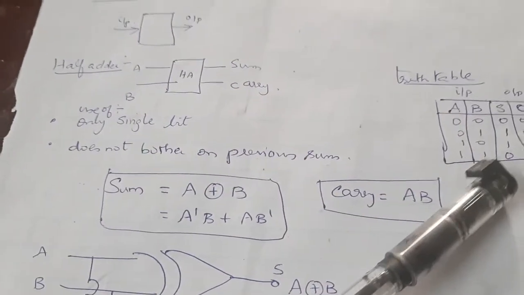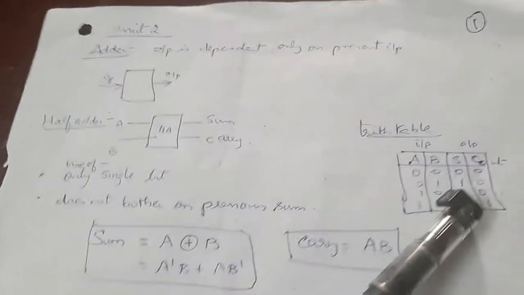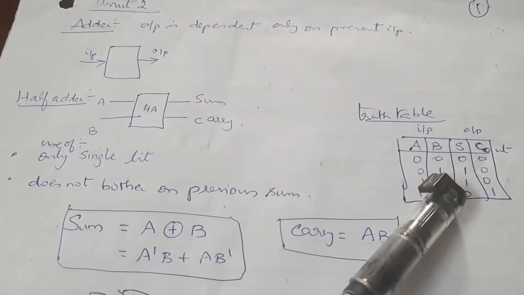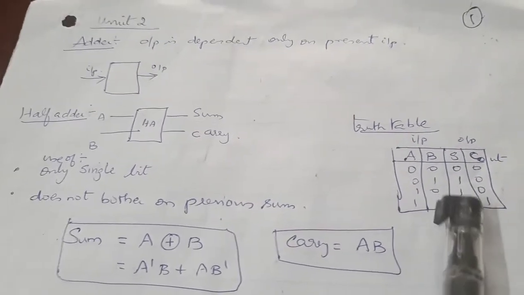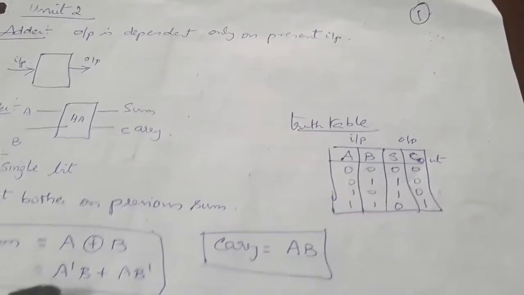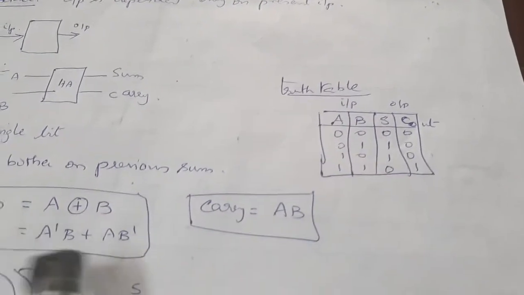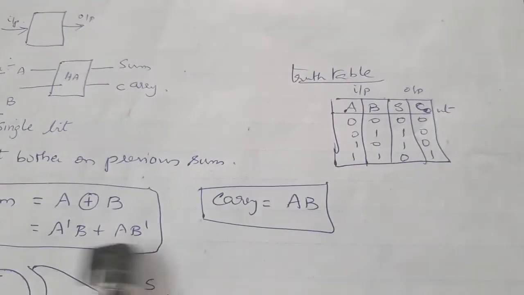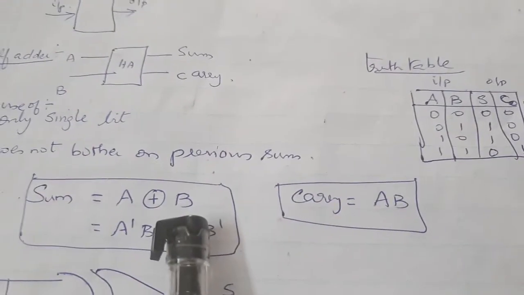So to draw that from the truth table, we are going to draw the Boolean expression. We can find it either by using a K-map or you can directly write it. Since it's a smaller one, you can write it out. What is S1? S1 is A bar B plus A B bar. So this is equal to an exclusive OR gate, A exclusive OR with B.